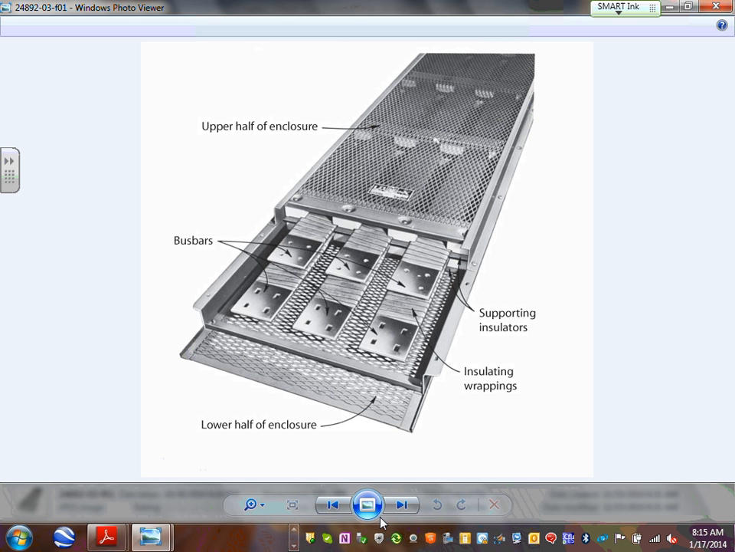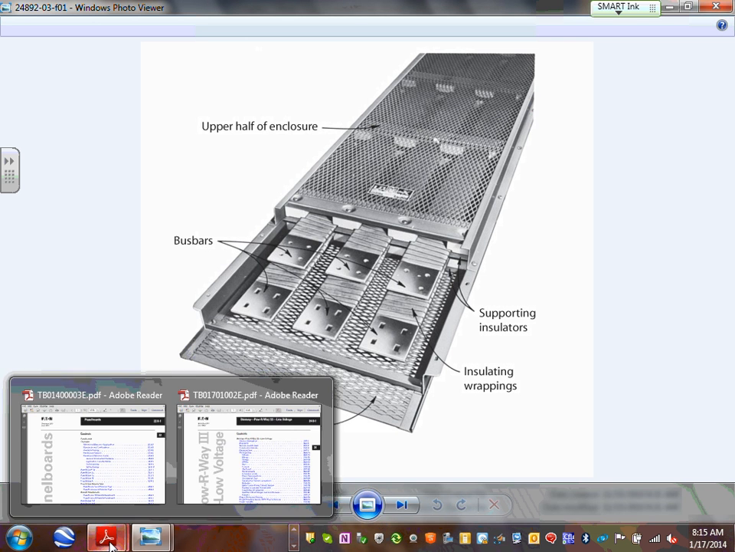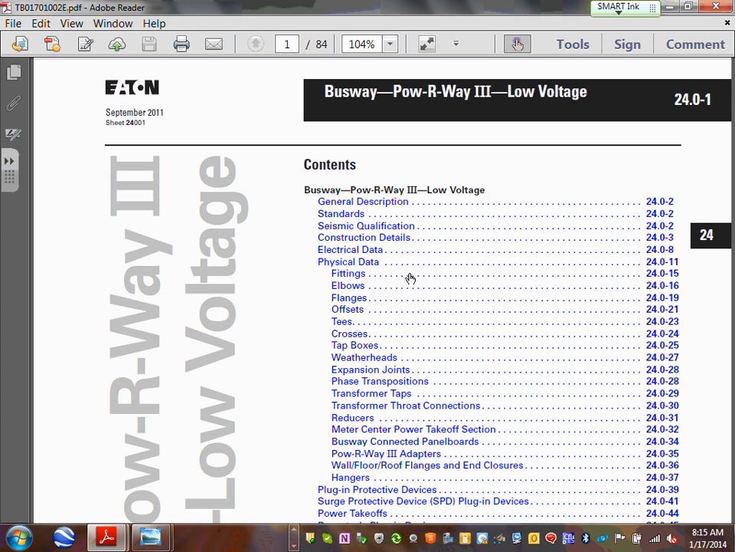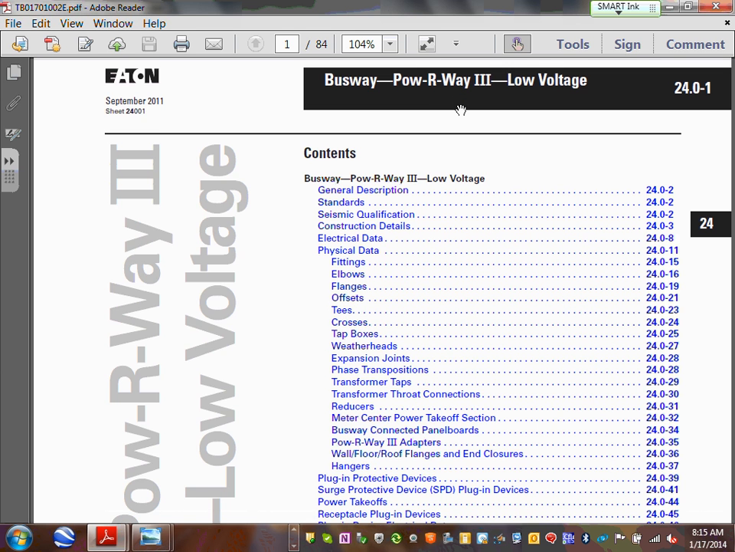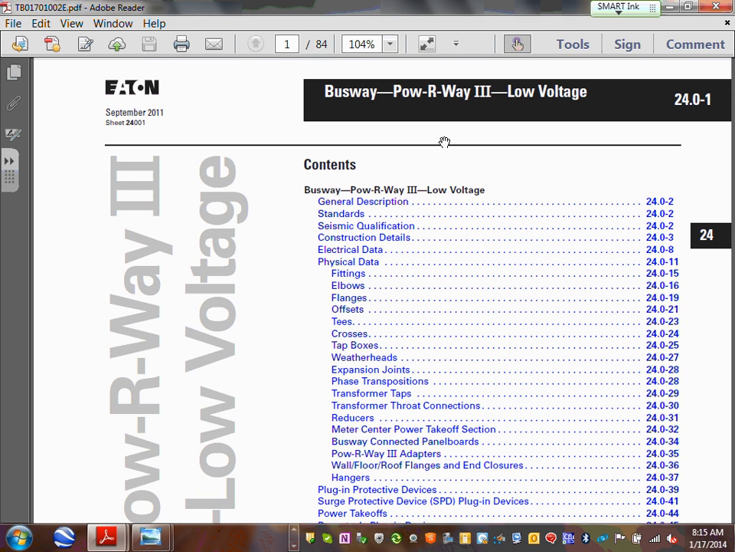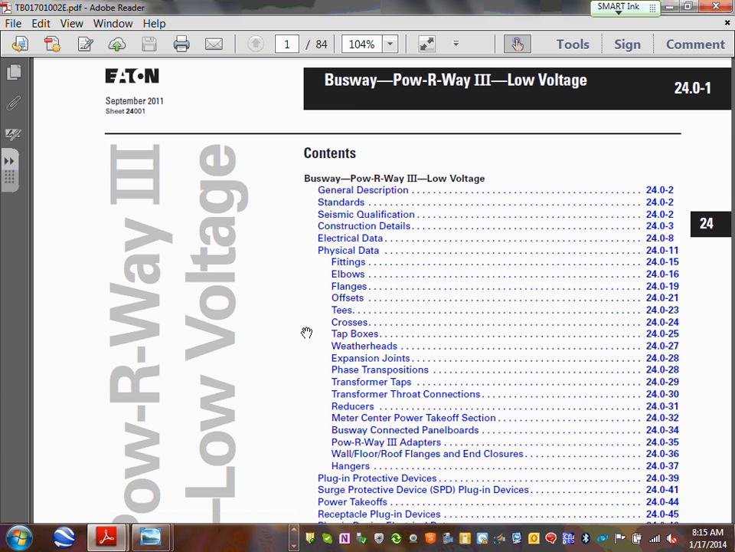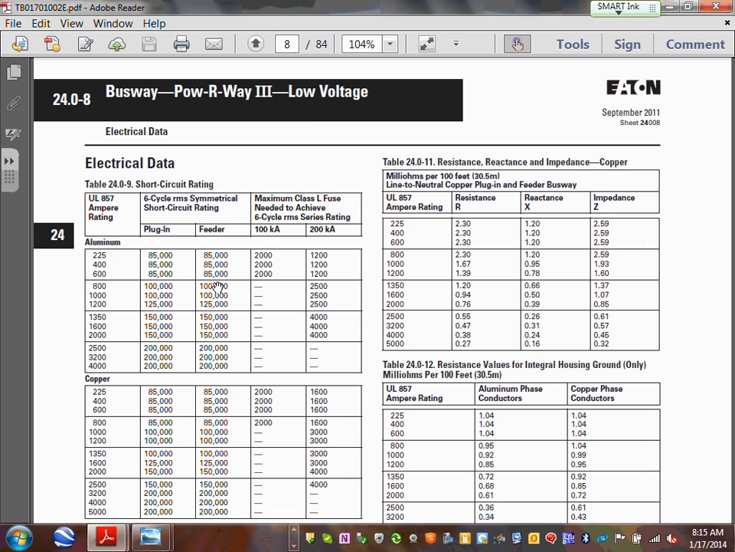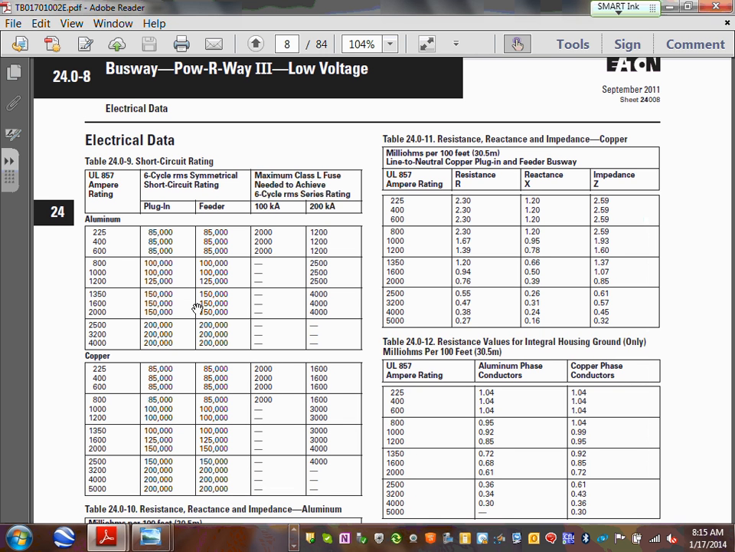Oh, I forgot to show you something about Cutler-Hammer. I went to Cutler-Hammer, guys. It's right here. Here's a Power-R-Way busway system that Cutler-Hammer has. There are 84 sheets about this. So when I ask you guys about cut sheets about busways that you're going to be providing, you're going to go to the busway. You have the book, the consulting book that you have. I'm just going to show you the electrical data. Here's the electrical data coming from. It's called Power-R-Way